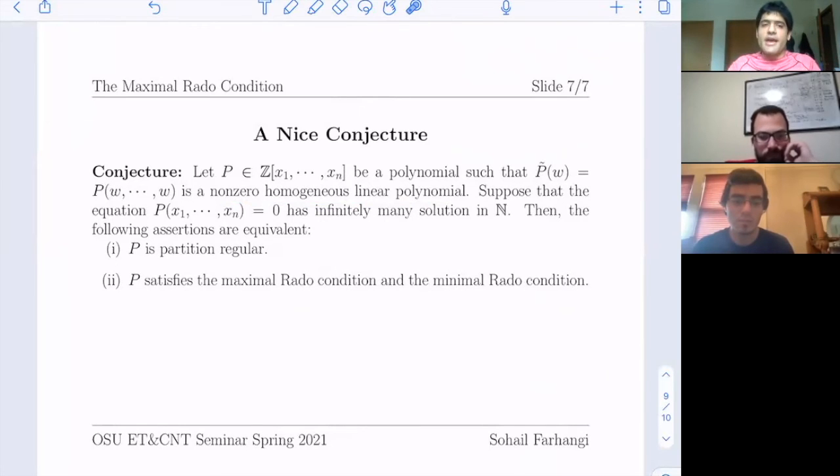And that's all I had prepared for today. So we might just finish early, but are there any questions about anything from today or from the last 2 weeks? I guess I could go into a little bit more discussion about how this ties into the original Rado theorem, but before I proceed to that, any questions? Okay.